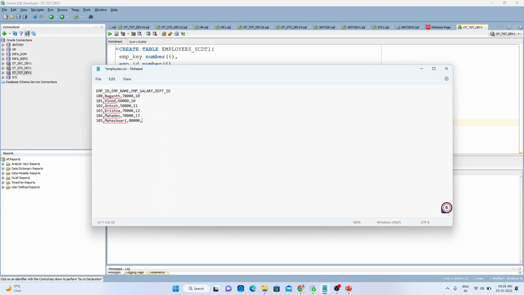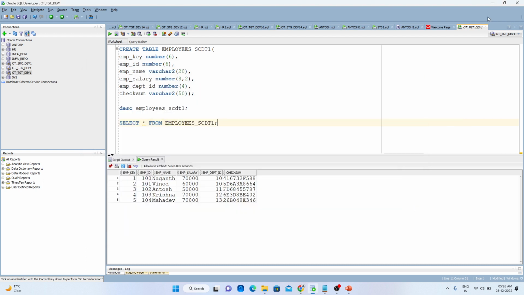And I'll add department that is 14, and I'll update the existing records. Like for this Krishna, I'm going to change it to 90, and this Mahadev I will change to 80. Okay, here I have updated 2 records and inserted 1 record. So let me check. I'll save this